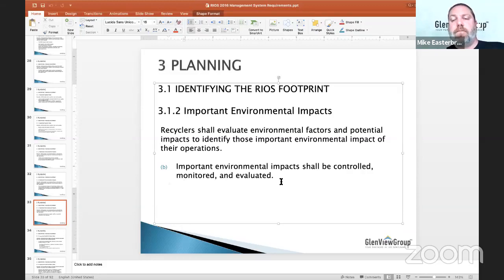Some may be monitored that way. And I think, okay, after you identify and analyze your environmental risks and assign a score, let's say 5 of your risks are considered significant based on the scoring criteria that you've established for yourself. And then over time, of course, we want to promote improvement and continue to reduce our impacts to the environment. So let's say those significant environmental impacts went down, like the score got reduced,